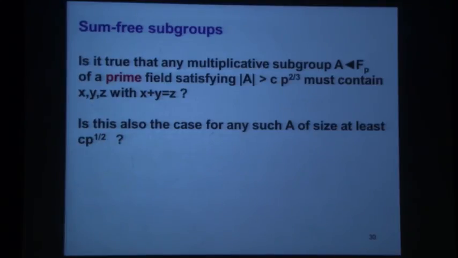And also the p to the 1/3 doesn't seem to be tight. There are two different heuristics, and both of them are reasonably convincing. One of them tells you that the truth should be p to the 2/3. I should say that for fields of characteristic 2, the truth is indeed p to the 2/3. These are things that are called cyclic caps in finite projective spaces. There are some constructions for non-prime fields, but prime fields seem to behave very differently. And there is another heuristic that suggests that the truth should be p to the 1/2, but both the upper and the lower bounds